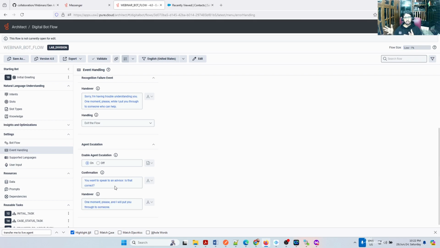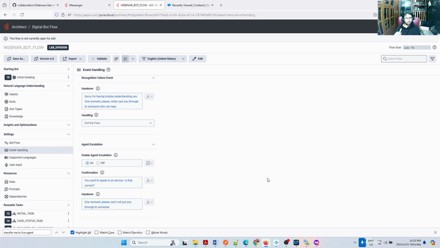Since the bot is not able to understand the intent, but it should be understandable, right? We didn't do any mistake, but we will wait for some time. If it is correct, it has to go to the proper task, which we see when I enter 2, it is going. But when I enter the natural language, it's not actually going. We will address it. But this is an exceptional condition. If the user is typing something and the bot is not able to understand, it's going to ask, "You wanted to speak to an advisor, is that correct?" When I say yes, "One moment, I'm going to transfer," but it's not transferring.